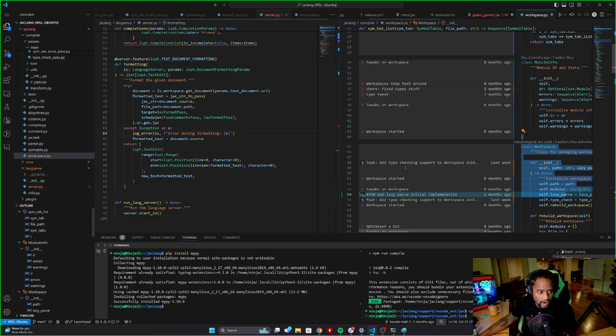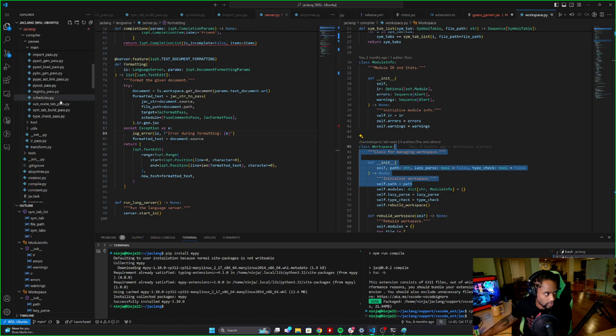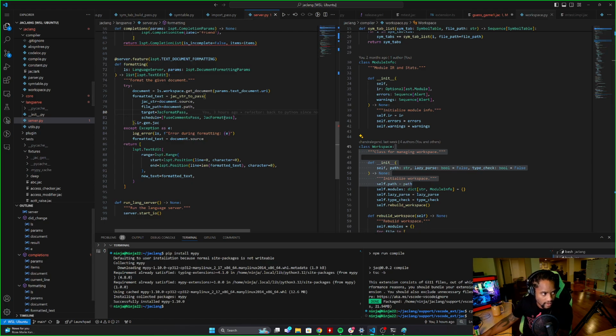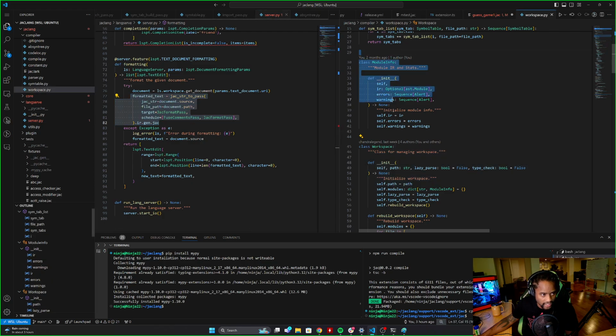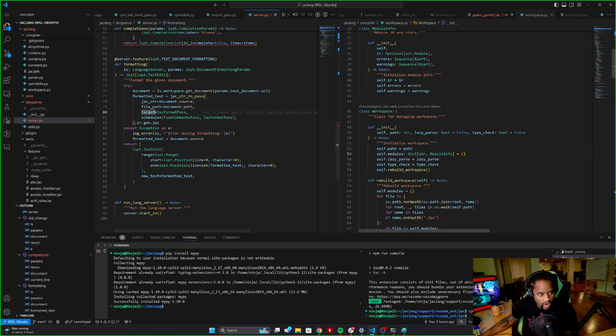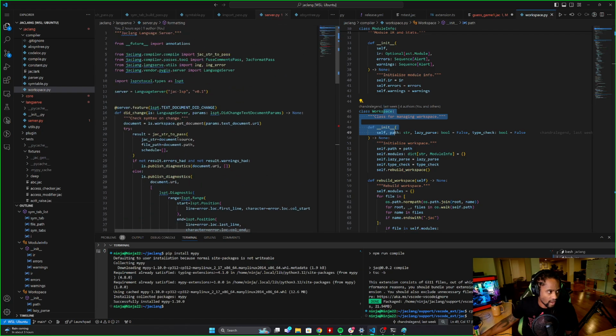And so the first PR would be moving this file workspace into the server, and then for just these two features, it should be a small one. It's doing the work in here in workspace, and then workspace is being referred to all the time. So essentially,